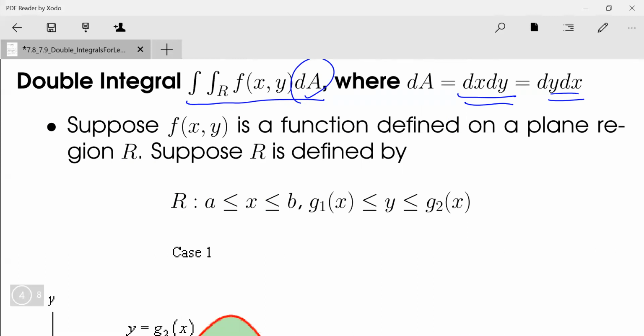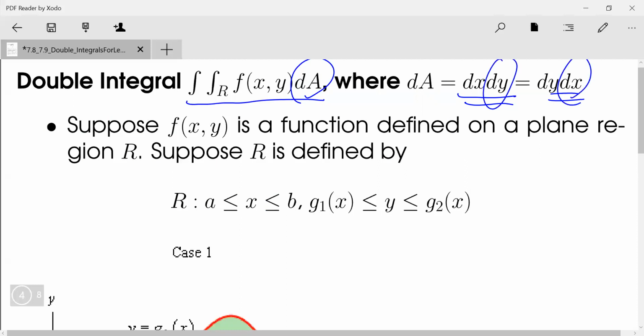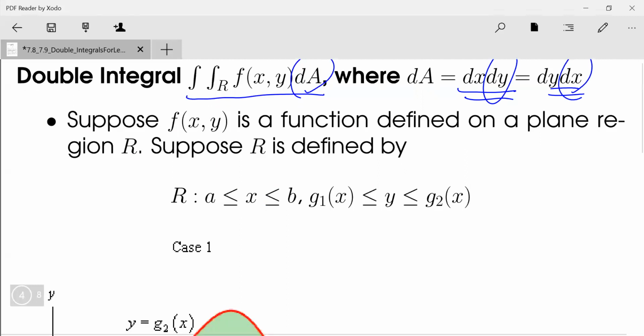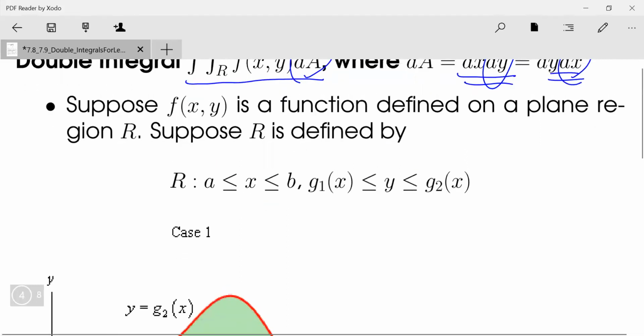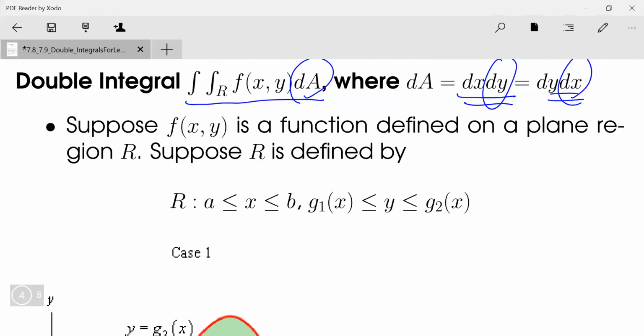The variable we integrate second is also called the outer variable. Like in this case, y is the outer variable if we write it this way. And here x is the outer variable. And R here is the domain of the function, or is part of the domain of the function. Okay, so we're going to consider two cases. The first case,